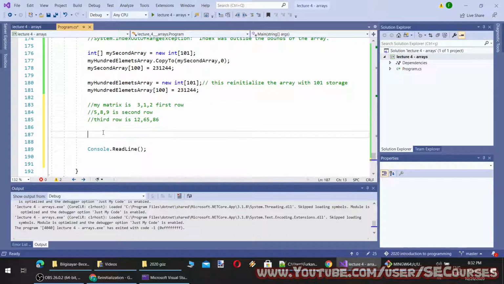Okay. Yes, I can do it with a double dimensional array, a multi-dimensional array. So let me show you. When I put a comma here, it increases the dimension count of the array. Okay, so simple.